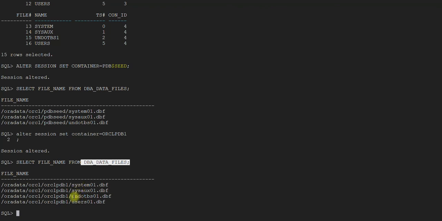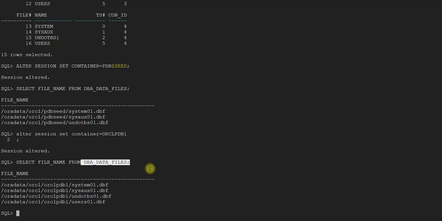And the important part is, because CDB$ROOT is the parent and these pluggable databases are children, you can do every activity from CDB root, and you can even pull the details for all the pluggable databases from CDB root.